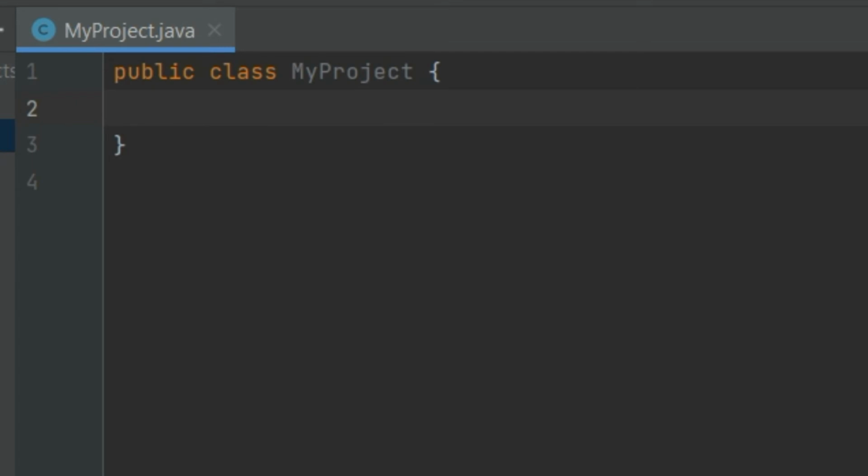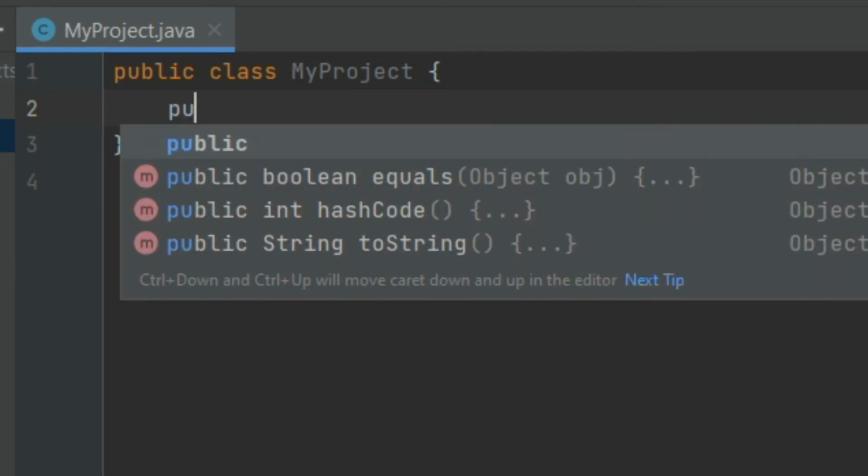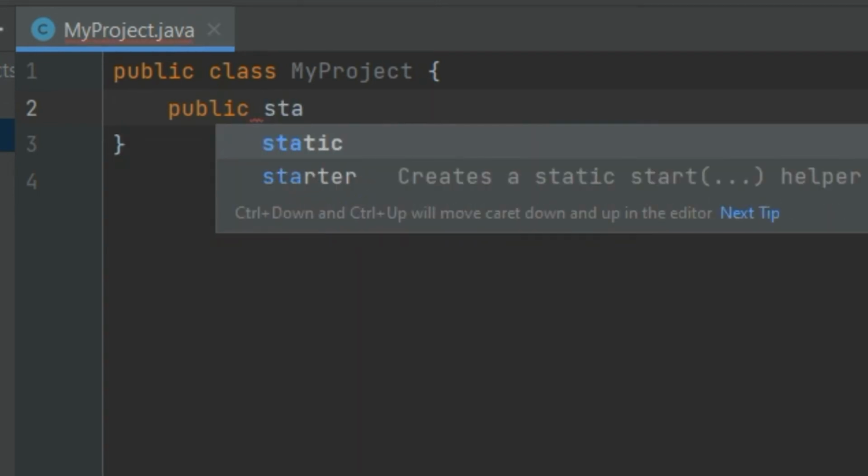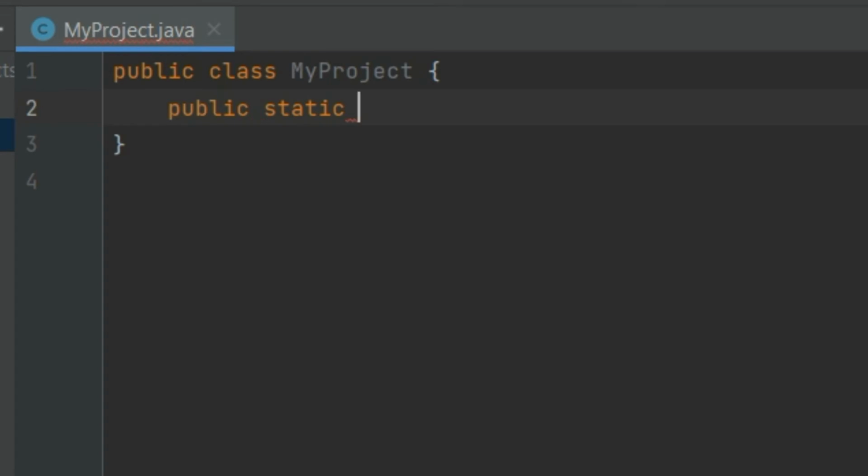So I'm going to write the Hello World program. I will write a simple main method just to test. You can see it is giving me suggestions also on what exactly I have to use. You can press the tab button, and it will automatically complete the word.